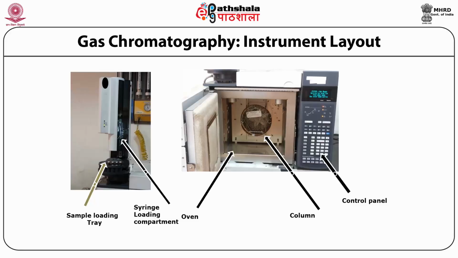However, in an autosampler, there is a sample loading tray, and then there is the syringe loading compartment, which is the dark glass that you can see, in which the syringe is loaded. That syringe will automatically lift samples based on the program that has been set and then load them onto the column. The other important part of the gas chromatographic system that is shown here is the oven in which the column is present, and then the control panel, which allows you to make the settings for the particular program